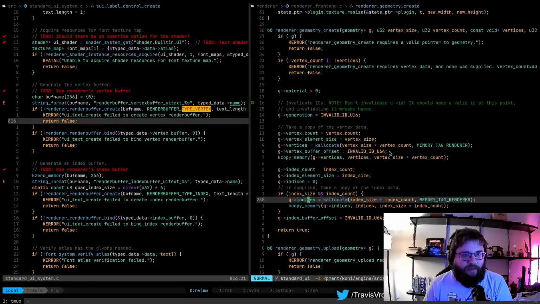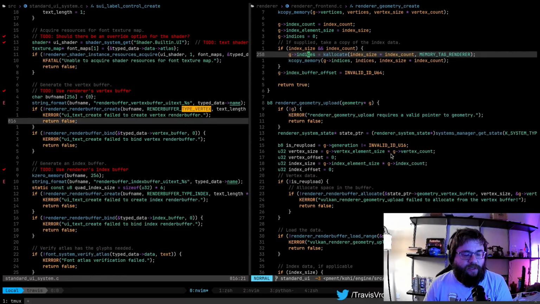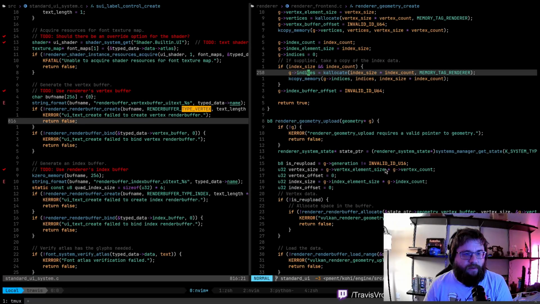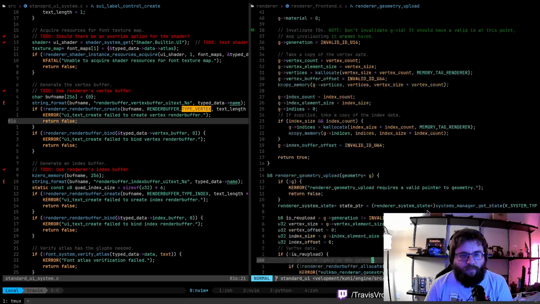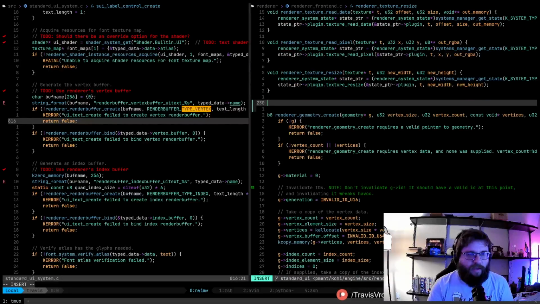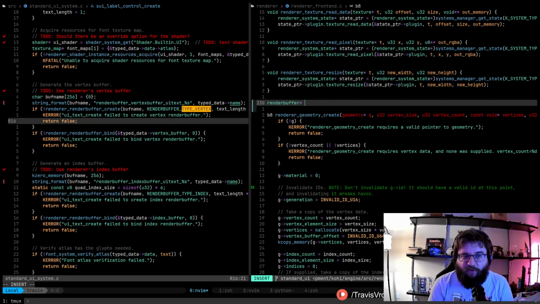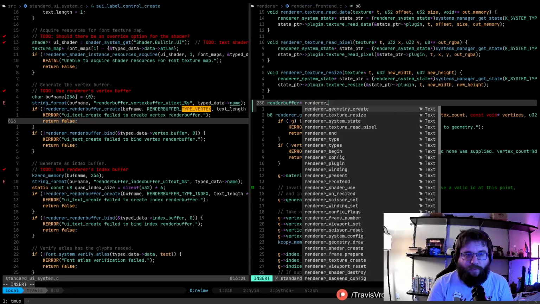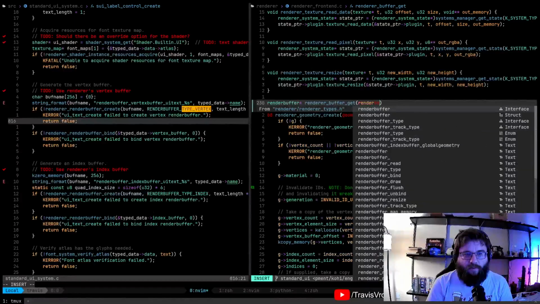So literally what I'm thinking is, let's see. So we have the creation, geometry vertex. Okay, so I guess what we can do, we'll return a render buffer pointer, and we'll say renderer buffer get. And then we can say render buffer type.